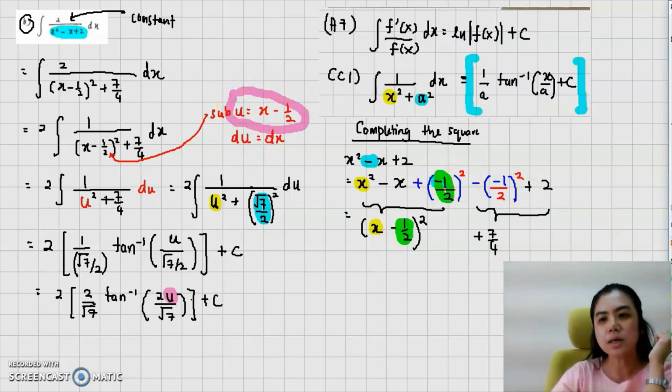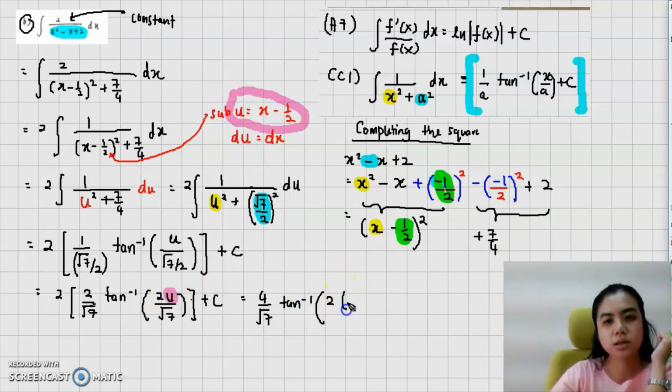So sub it back. Of course this one you can multiply. So you multiply, you will have 4 over 7 tangent inverse, and we have 2. The u here is x minus 1 over 2, and over 7